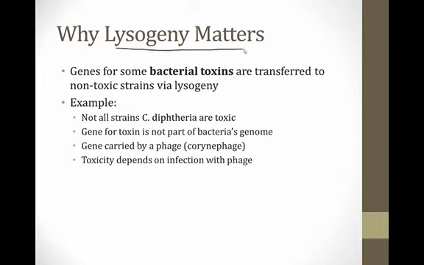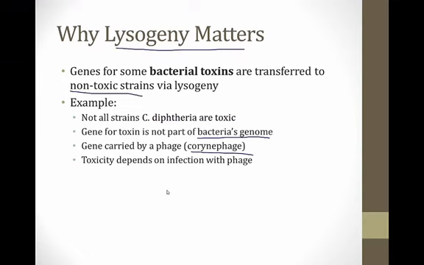The reason lysogeny matters in medicine is because the genes for some bacterial toxins are transferred to non-toxic strains via lysogeny, and one of the best examples is diphtheria. Many strains of Corynebacterium diphtheriae are non-toxic, and in fact the gene for the diphtheria toxin is not part of the bacteria's normal genome. In order for a Corynebacterium diphtheriae cell to become toxic, it has to get infected by a phage called a corynephage, and this will impart the ability to synthesize the toxin,